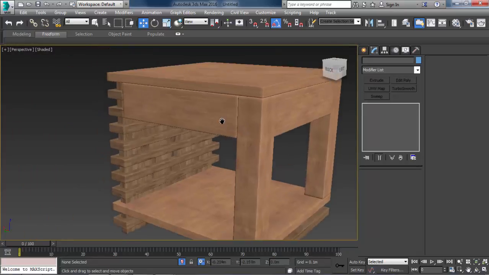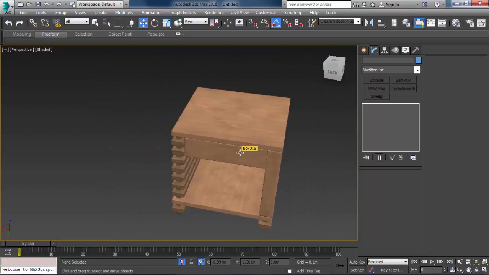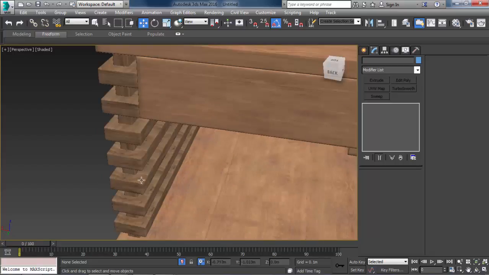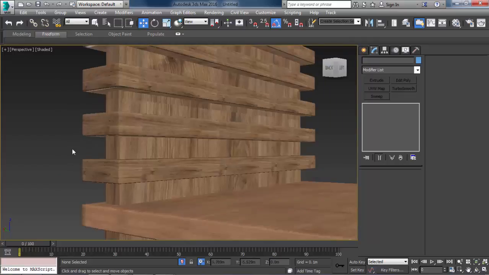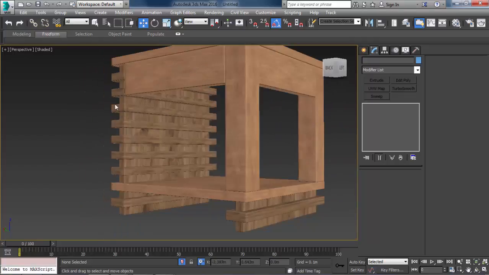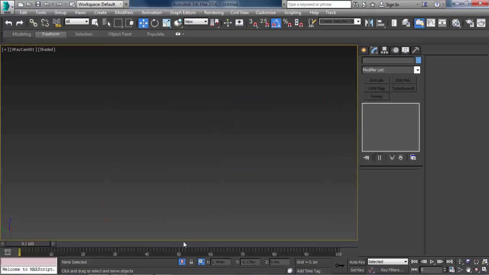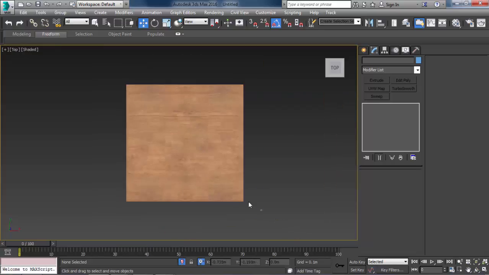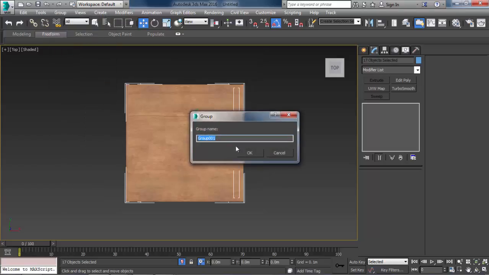So as you can see, we have a nice nightstand that also looks realistic because we have varied the textures. Yeah, let's group them. Group nightstand.